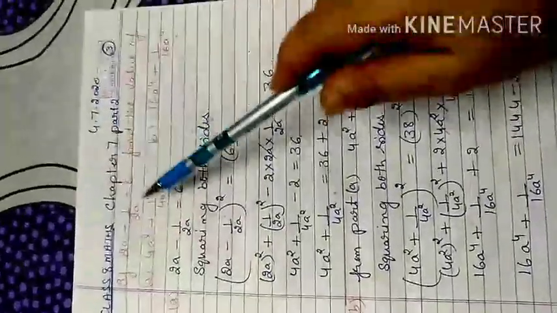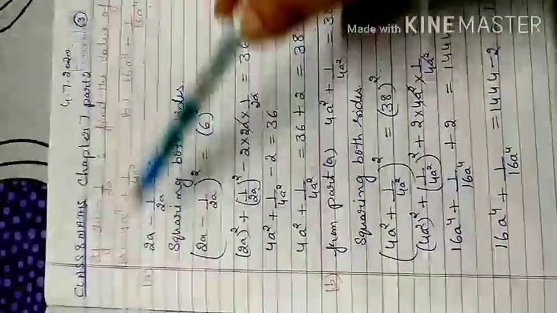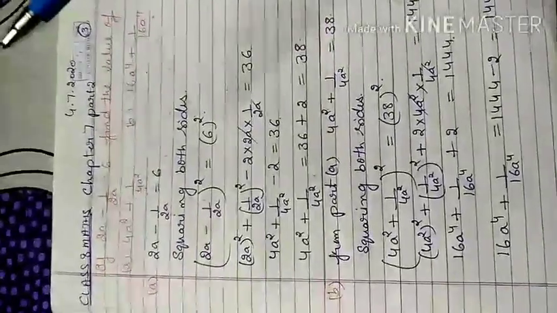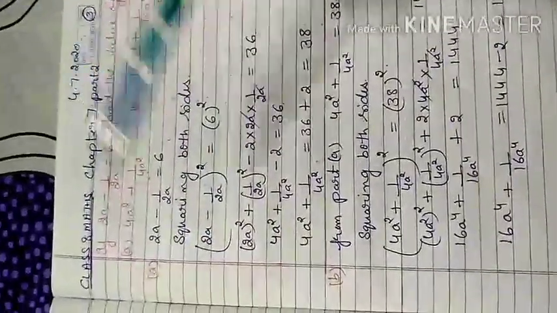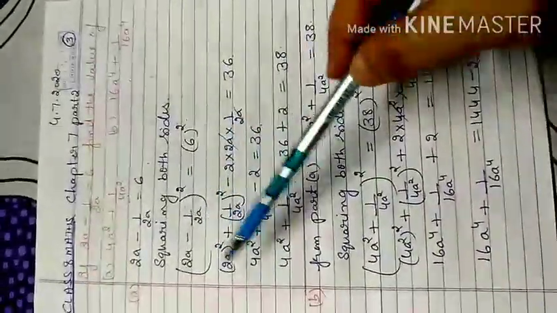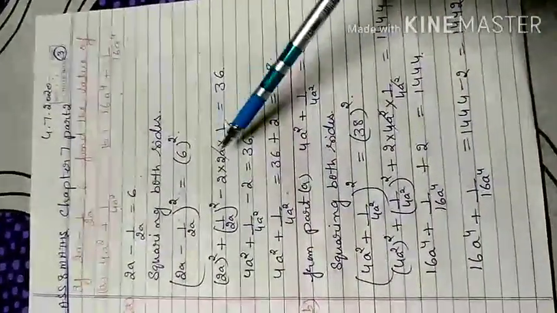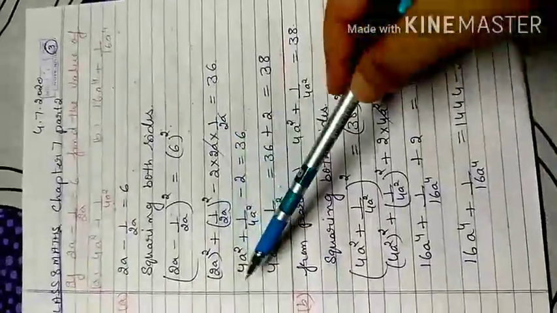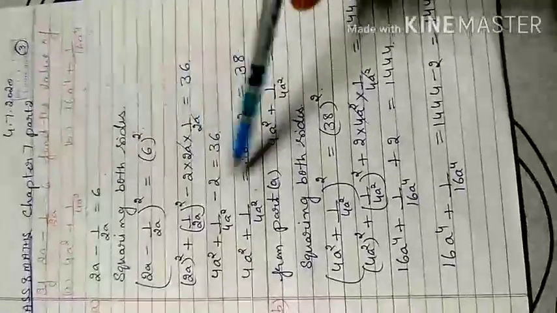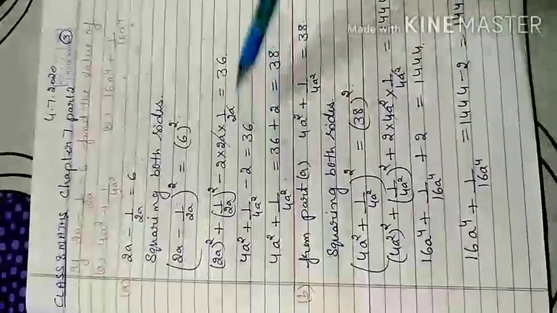So what I will do is, whatever is given, the condition 2a − 1/(2a) = 6, first I will square both sides, because only then can I get both the term squares. So (2a − 1/(2a))², I apply the (a − b)² formula: first term squared, second term squared, minus 2 into the product of both terms. 2a will be cancelled, only 2 is left. 4a² + 1/(4a²). The right side is also squared, 6 squared is 36. Now 2 shifts to the other side, 38. Ultimately my answer is 4a² + 1/(4a²) = 38.